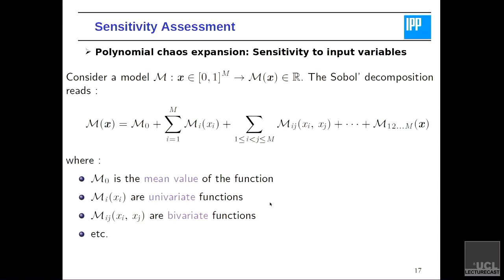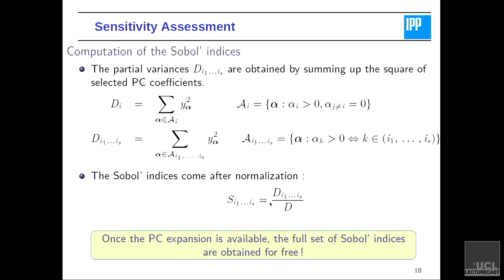We can calculate the sensitivity to the input values. This is essentially the Sobol analysis. What is important? Okay, this is essentially the mean, the univariate expansion, and then the bivariate. We can take it further. What is critical in this particular analysis is that